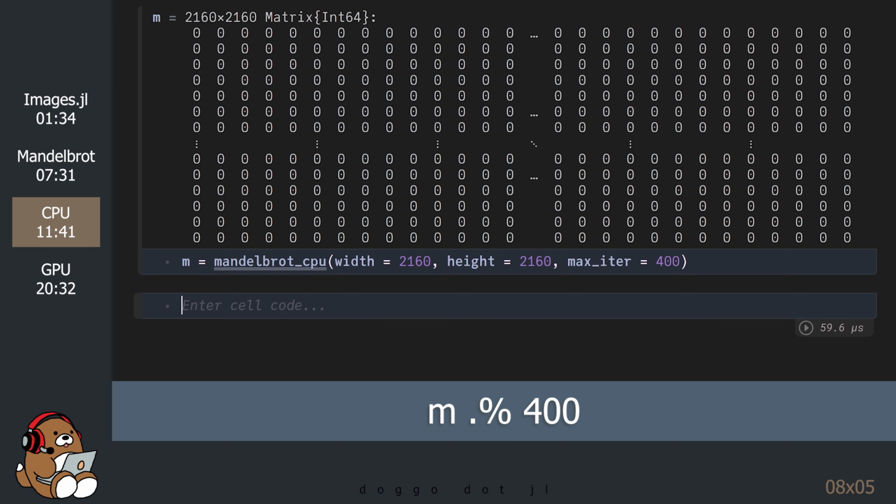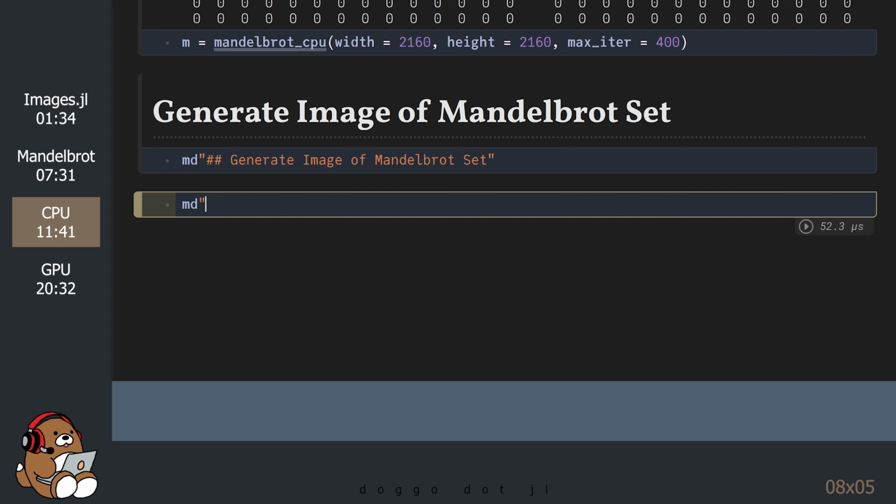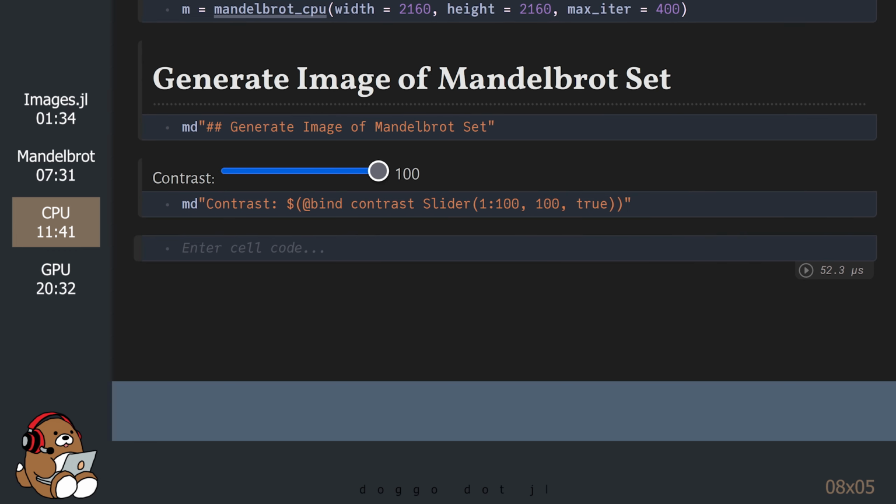This will preserve all of the other values, but it will convert the 400s into zeros. This slider will allow us to change the contrast of the image, which will provide further insights.